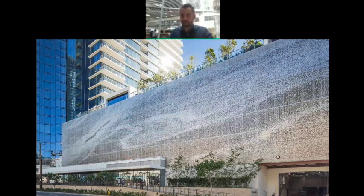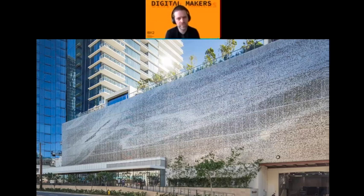But that means that you also potentially change the design. You're part of that process of designing, as far as I understand. Because when I look at your buildings and I'm looking at the building behind, I can clearly see the difference in approach,